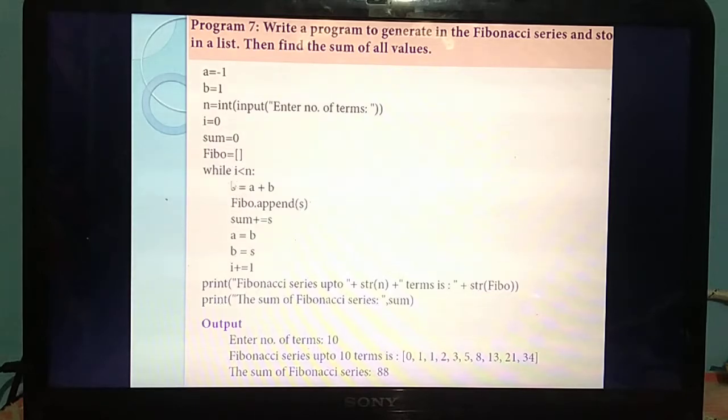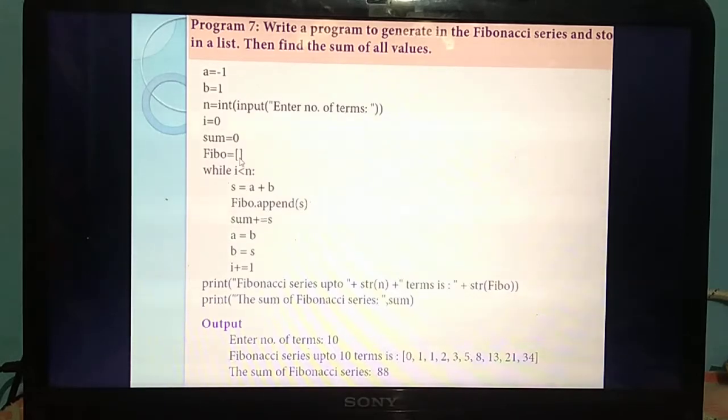So you are calculating the values and storing in which variable? Yes. So you need to call that variable. Understand? First you sum 2 values. Next 2 values. Next 2. Likewise, each time it needs to be summed. So for that you are giving sum plus equal to. What's the meaning? Each time the value will get incremented and the value will be stored in the variable sum. Then that value will be stored in the list called FIBO.